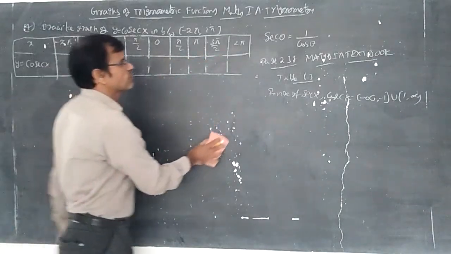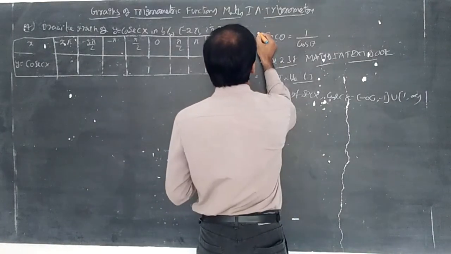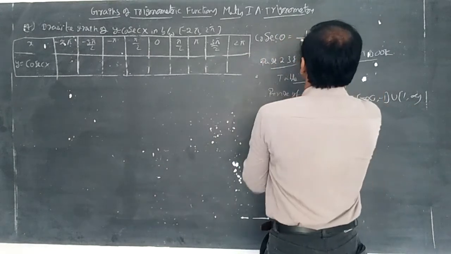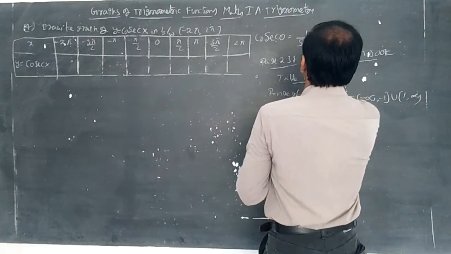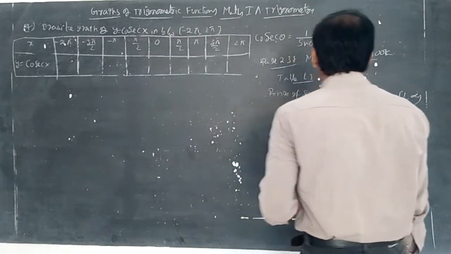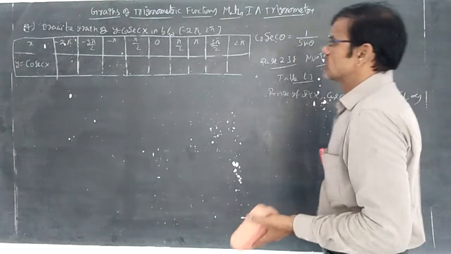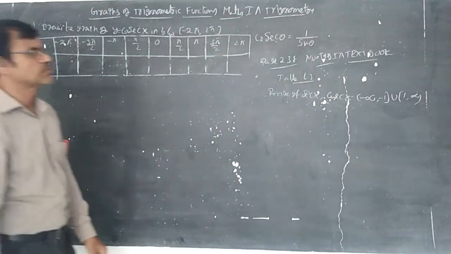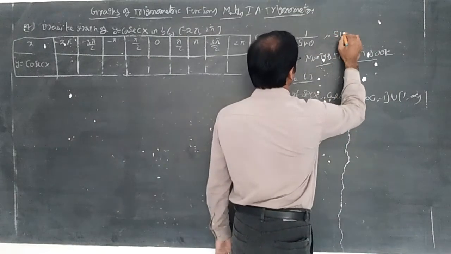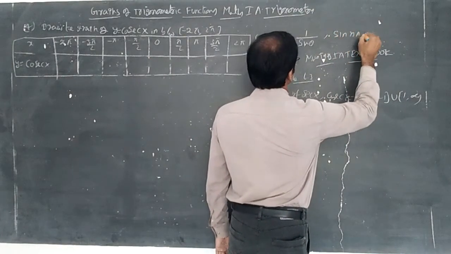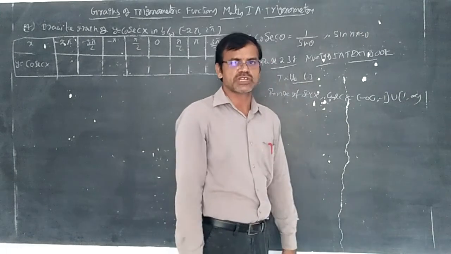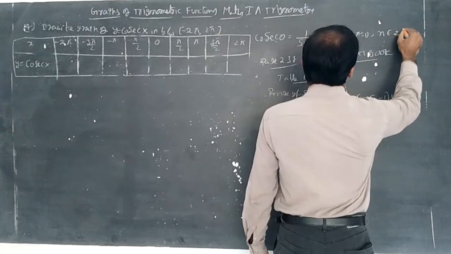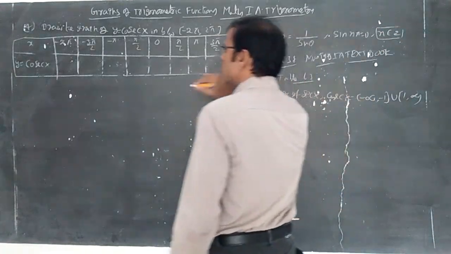You will get the graph of cosecant x in the same manner as the graph of secant x. Observe this: cosecant theta is equal to 1 by sin theta. So depending upon the sine table we can draw the values. Plenty of times I said that sin n pi equals 0. There is no question of 1 by 2 pi. Here n belongs to Z, so n is an integer. There is no question of minus or plus.